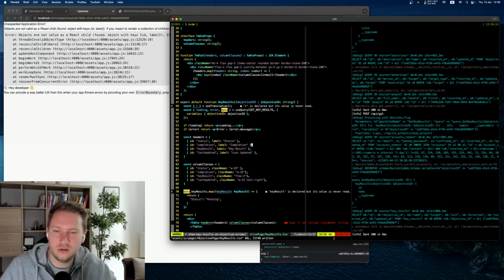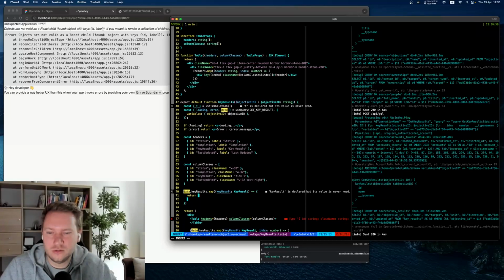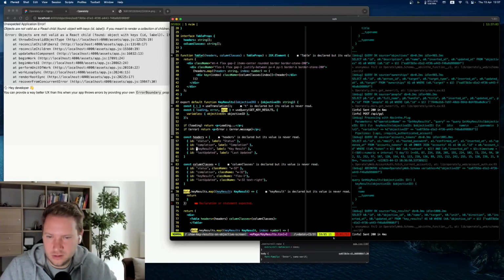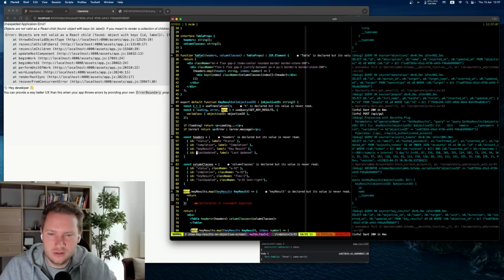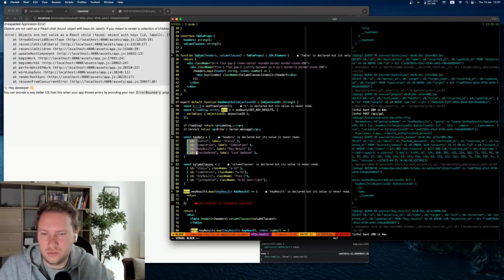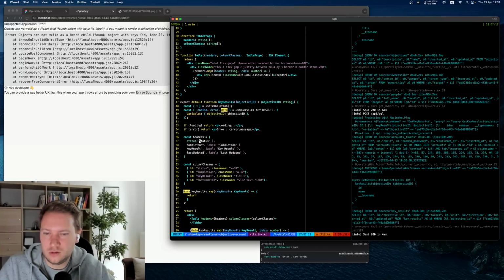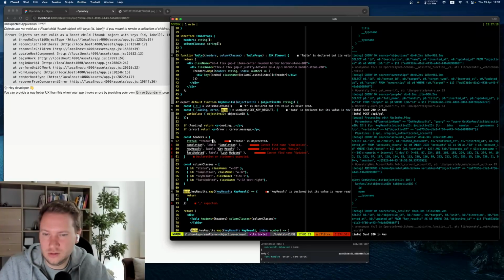Okay, header, column classes, and here I will also use these IDs. So it will be, now that I look at this, maybe I shouldn't use ID and this, but maybe a better option would be to just do it like this,